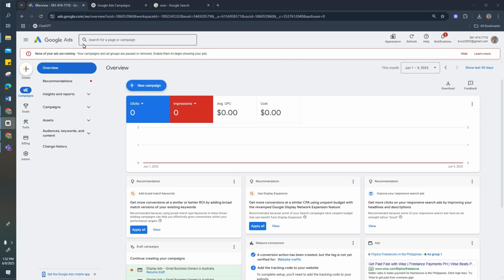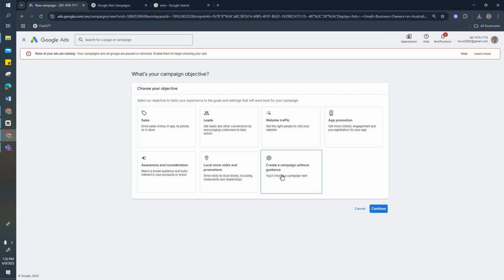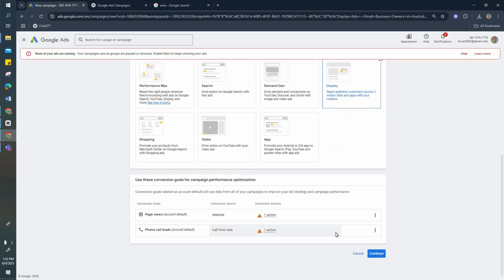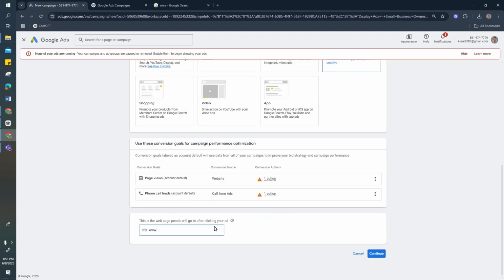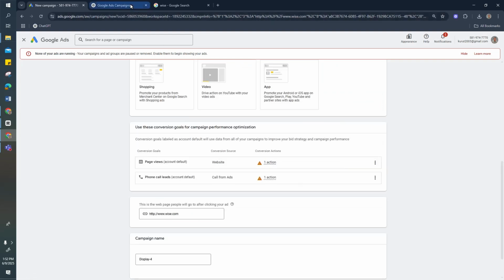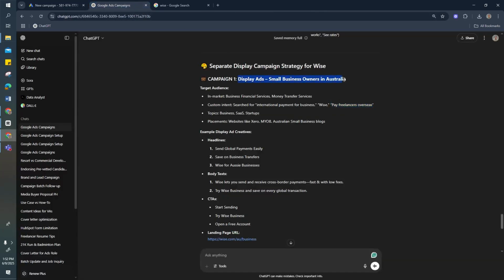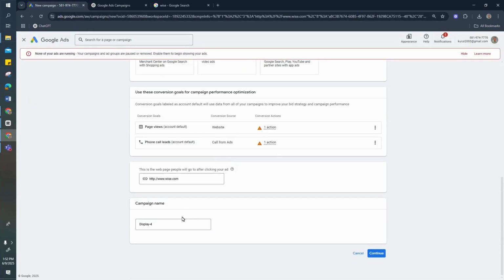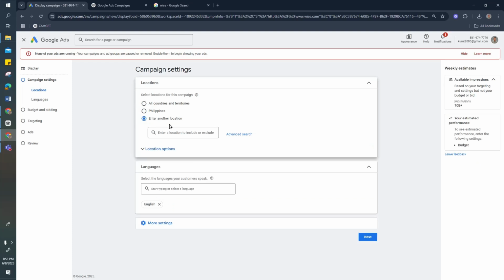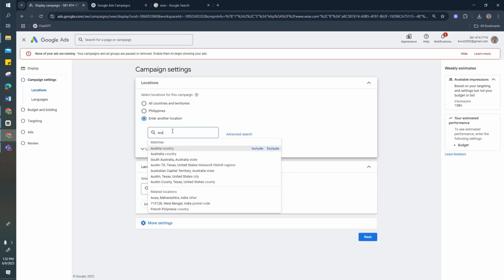Go to Google Ads platform, select new campaign, and then go to create a campaign without guidance, and then select display, then continue, and then type the business URL, and then copy the campaign name from our ChatGPT campaign plan, then hit continue, and then start new, and then enter the locations. For this example it's Australia,